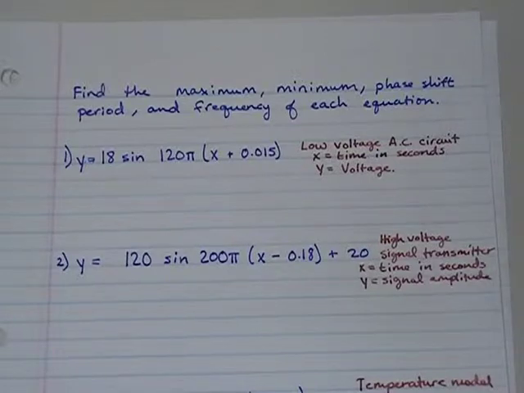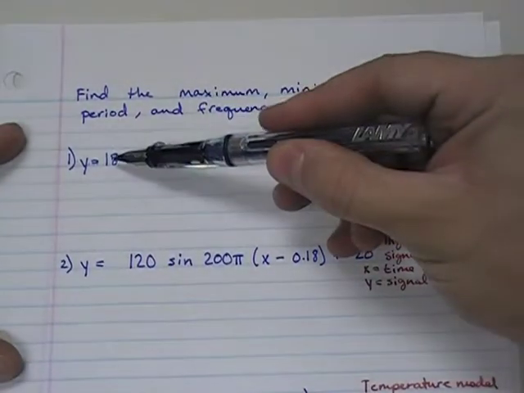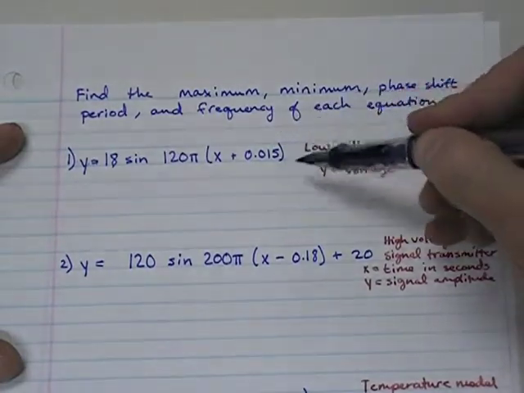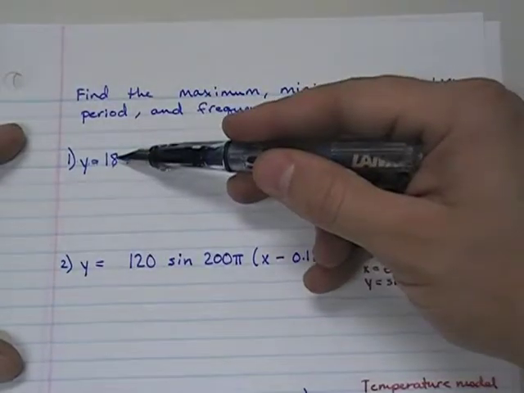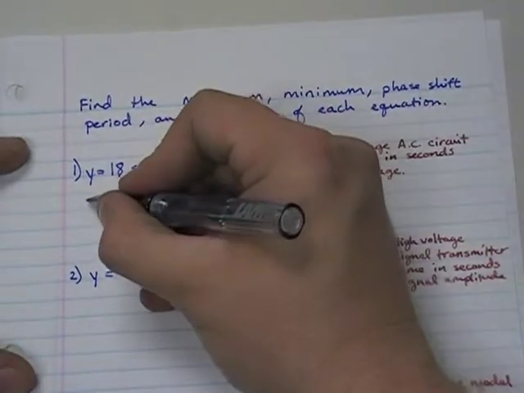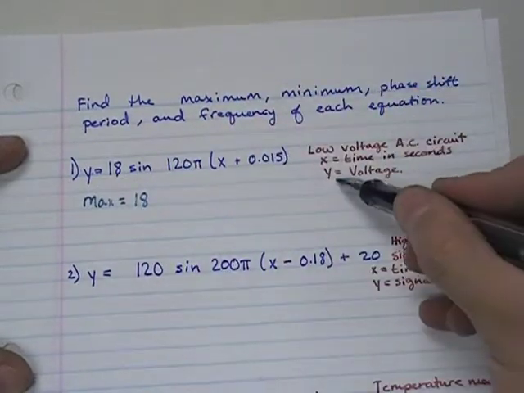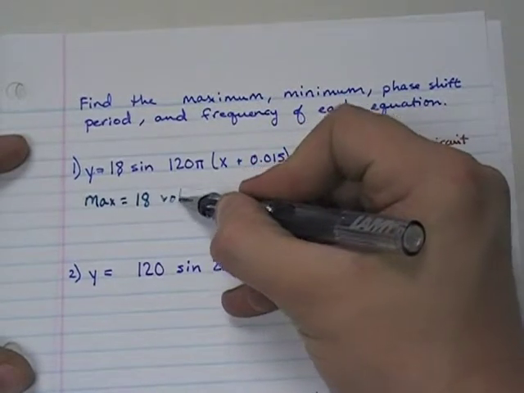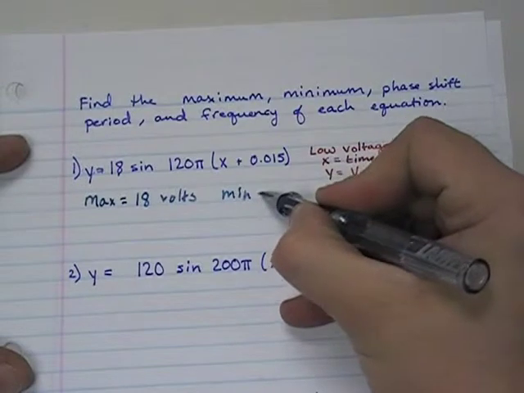peak and the valley. And the easiest way to find the maximum and the minimum for any sine function is to look at two things: the amplitude and the vertical shift. Now, for this particular equation, there is no vertical shift. So the maximum is simply going to be the amplitude. Okay? So the maximum for this equation is going to be 18. And since the y-axis is voltage, this would be in